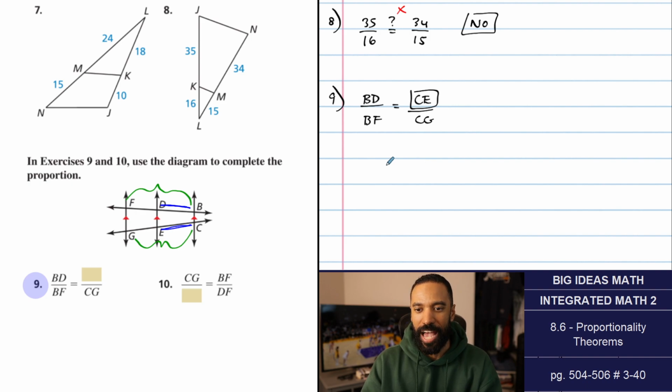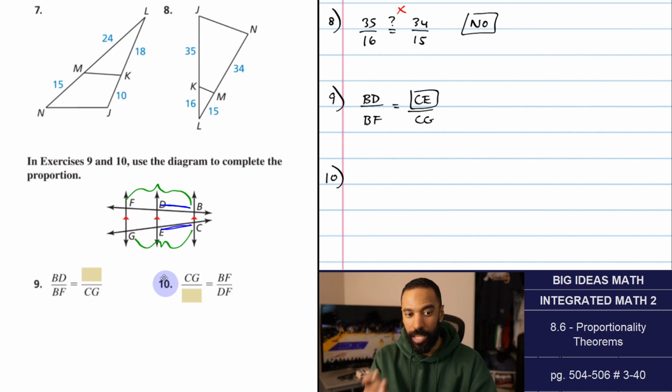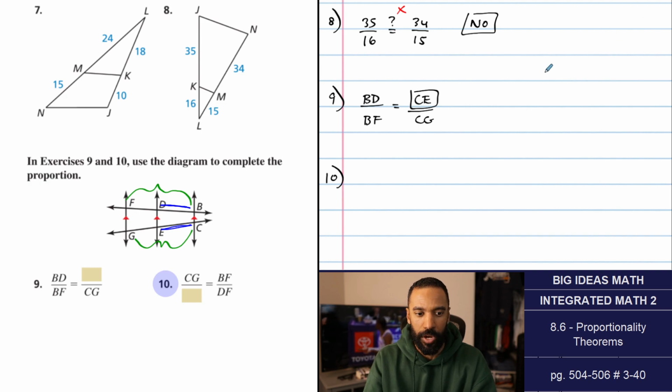Maybe it's not as side splitter as you want it to be, but it still is a proportionality that applies to these things. Because listen, these aren't triangles. And yes, they're built within triangles in a way, because I could continue these lines until they do intersect and make a triangle, but these parts still do that thing, which is essentially where these proofs would go. All right, number 10, CG